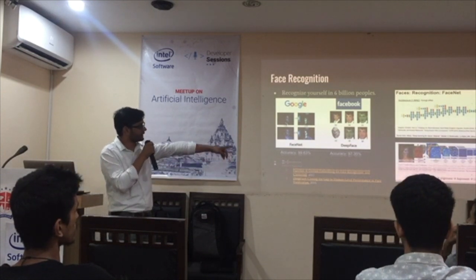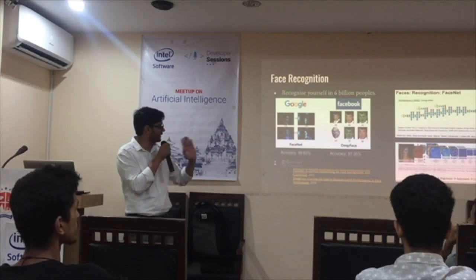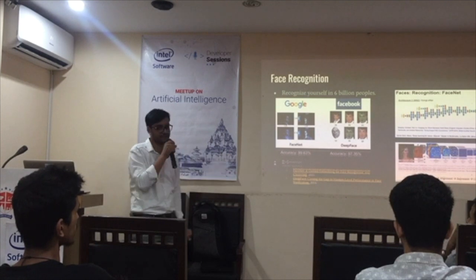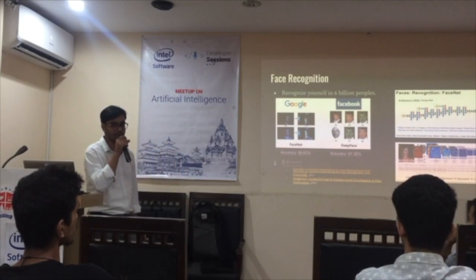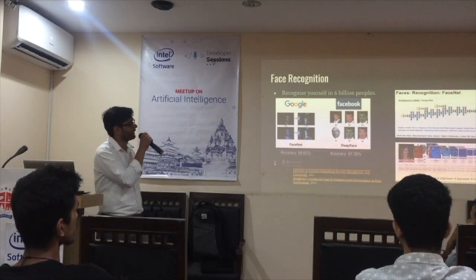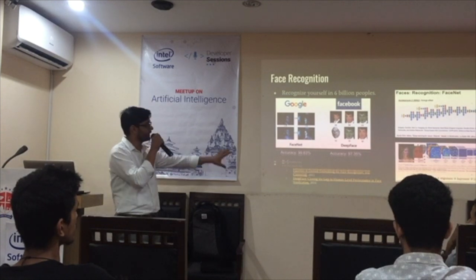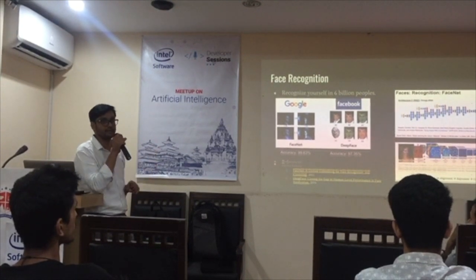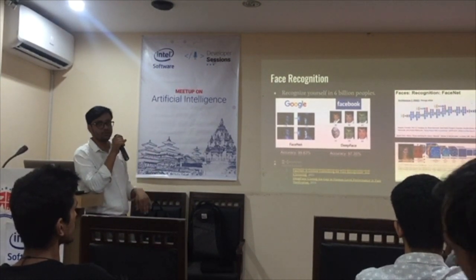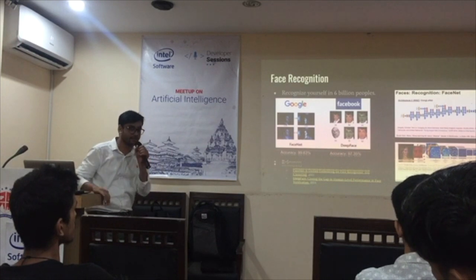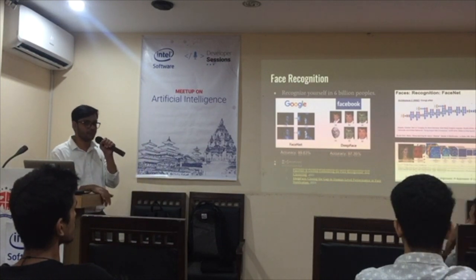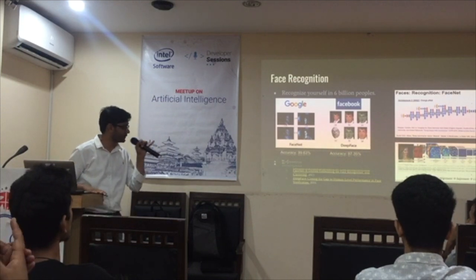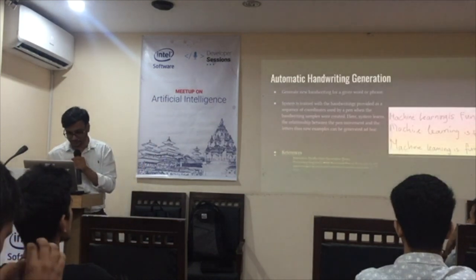So this is DeepFace from Facebook, and after one year, Google released FaceNet. This is also a very deep neural network architecture to recognize faces. It actually has recognition, clustering, and verification, all three in one model. It is a very deep neural network, mainly a convolutional neural network, to achieve these goals. This is research from 2014 and 15.